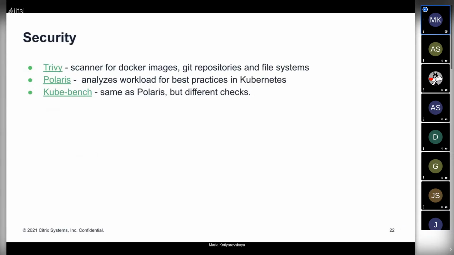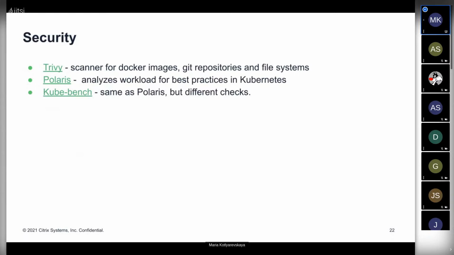Regarding security, I love to use Trivy because it's easily integrated into CI. You can just add scanning for Docker images, and you will see the report in the same job, and it's easy to check, and maybe developers will, let's say, check it once a week, once a month, once a quarter, and upgrade some base images and stuff.